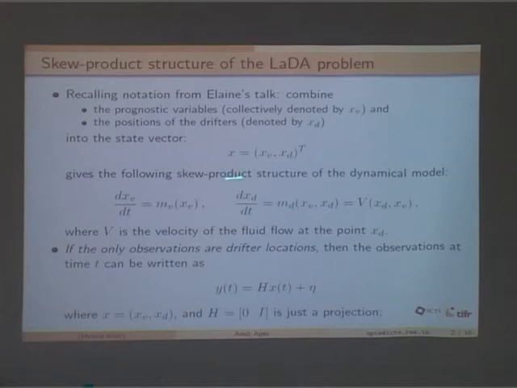Okay, so the drifter dynamical model is nonlinear. The velocity flow, I will take to be linear in this case, in fact, just the simplest possible case. What we are observing, which is a general methodology in Lagrangian data assimilation and related problems, is the locations of the drifters. So basically we are observing some component of the state vector, which is xd. The observation operator, this function h, is just a linear projection onto a subspace of the state space and some noise added to it.